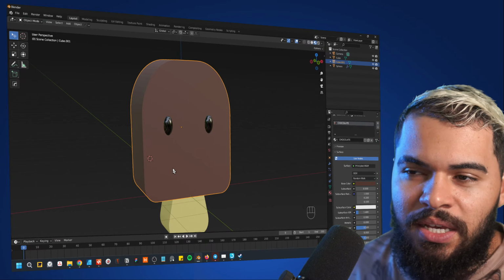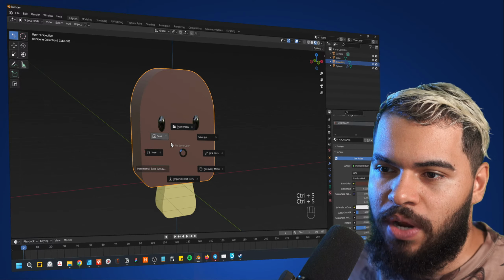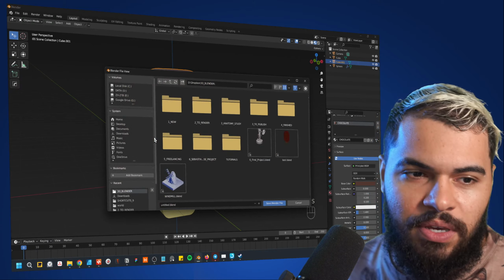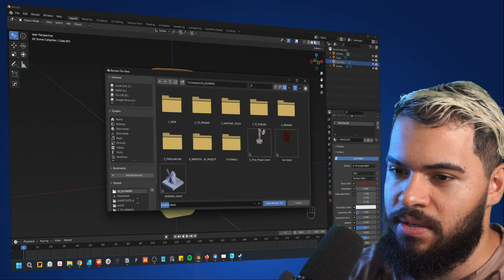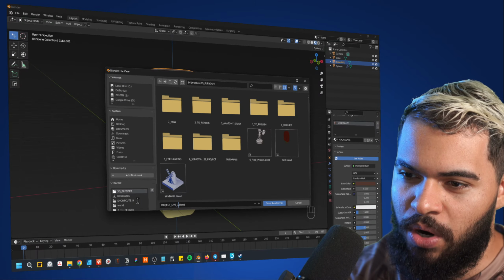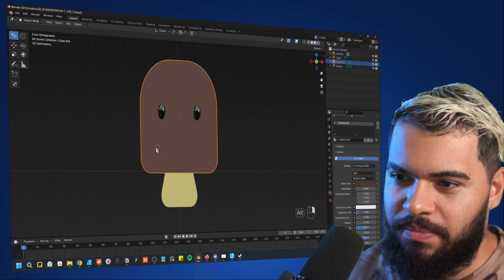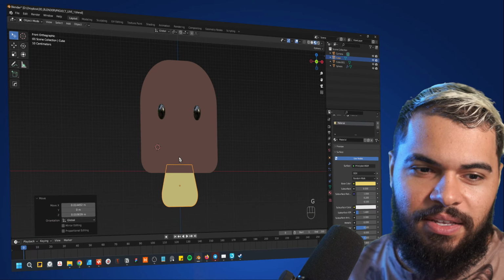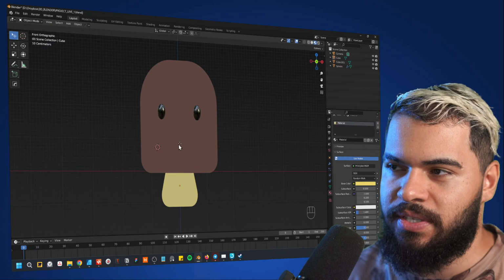All right, and I'll be honest with you. And let me save this. Control S, and go here and save. Okay, Control S, and then hit save. Call this project live 1. This is pretty basic. And sculpt mode, let's talk about the sculpt mode. We still have time to explore more.